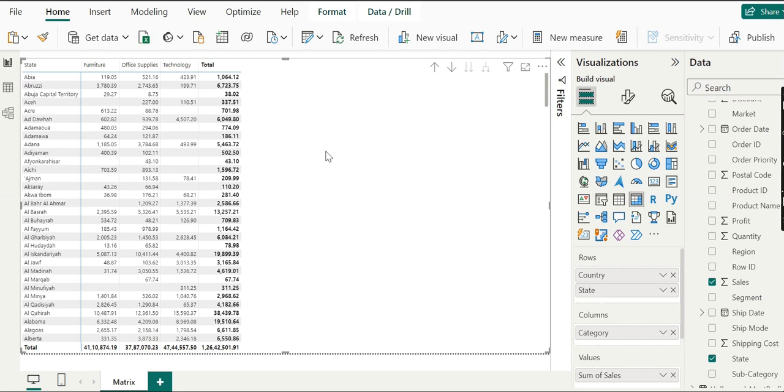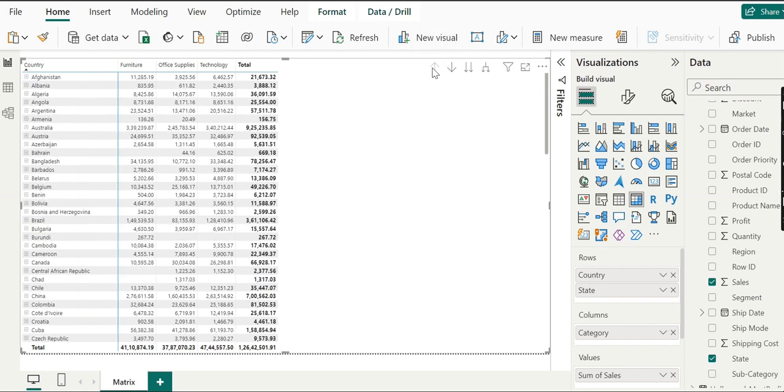Okay, so now go and turn up. Next we can experiment with this one, expand all down one level of hierarchy. As we have used it before, it will drill down, expanding all down one level of hierarchy.